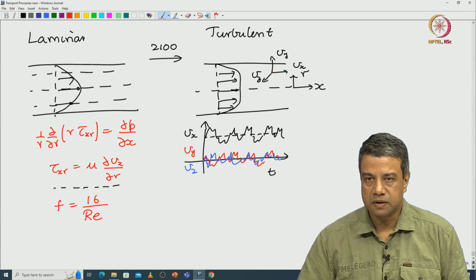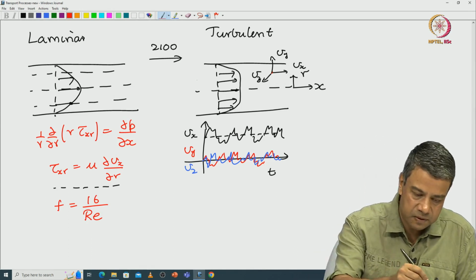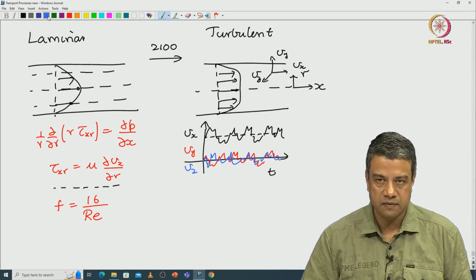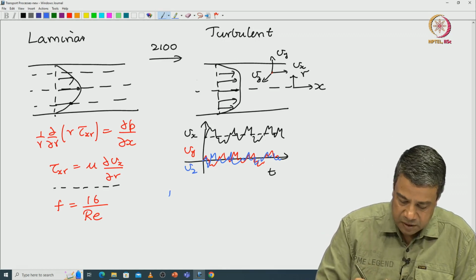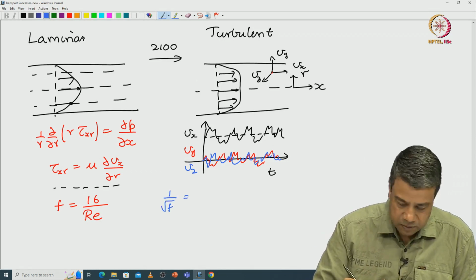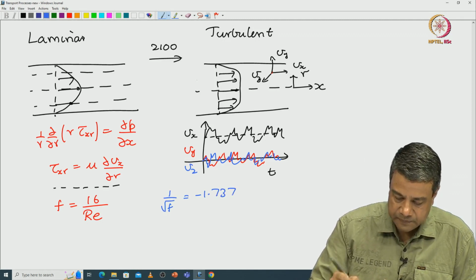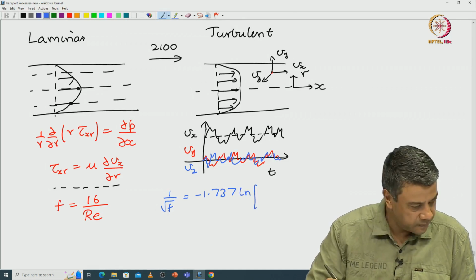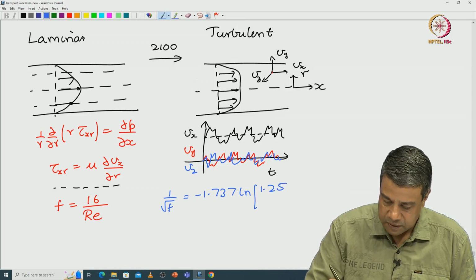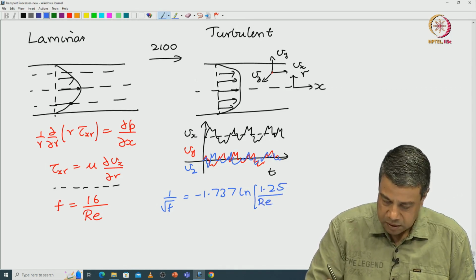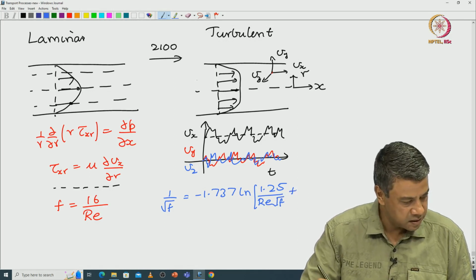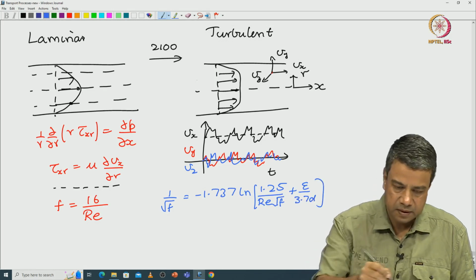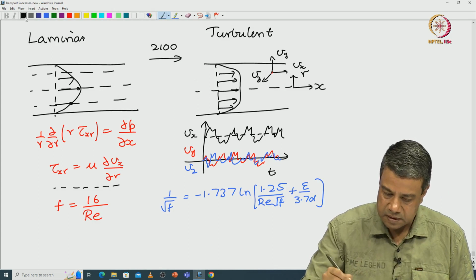I had discussed for you the Colebrook correlation for the friction factor in a turbulent flow. It is an approximate, but useful correlation for making estimations. It is of the form 1 by root f is equal to minus 1.737 times the natural logarithm of 1.25 by Re root f plus epsilon by 3.7 d, where d is the pipe diameter,